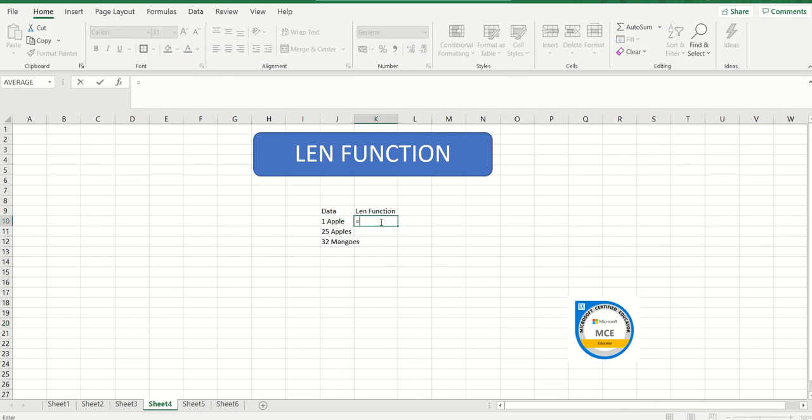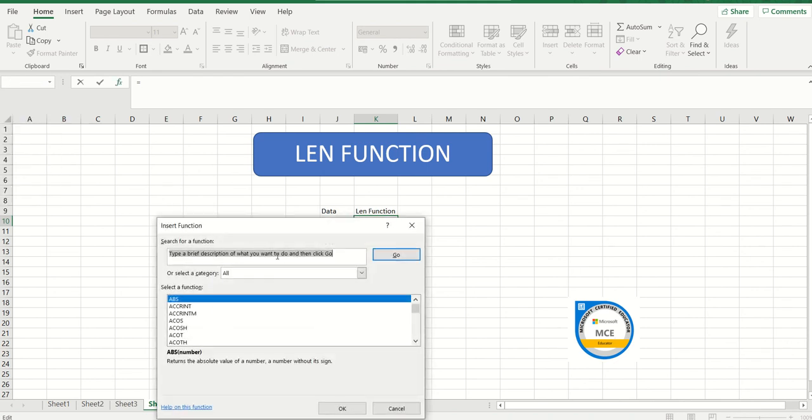My formula is going to start from equal to, then I can go either way. Either I can type in len and select len, or, if you don't want to do it like this, you can go over here, go to more functions, and select len.